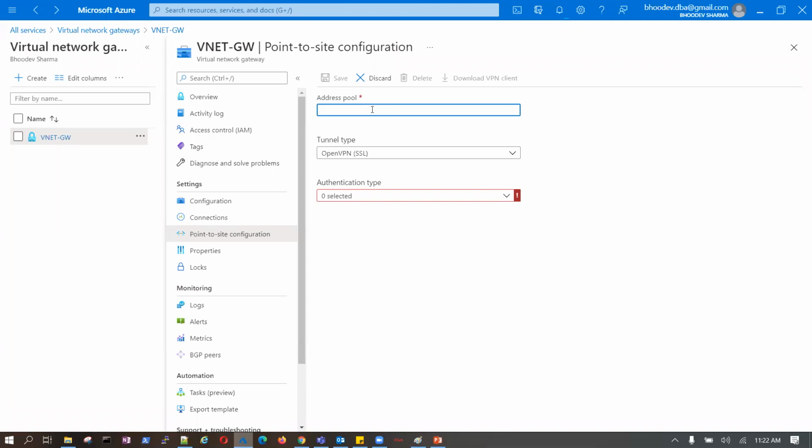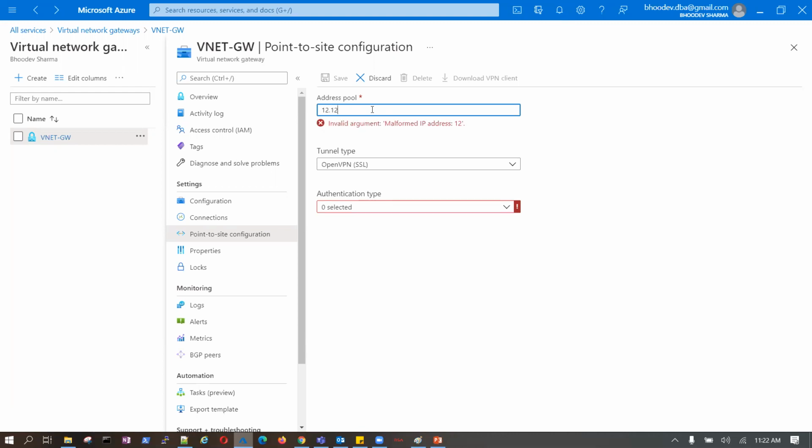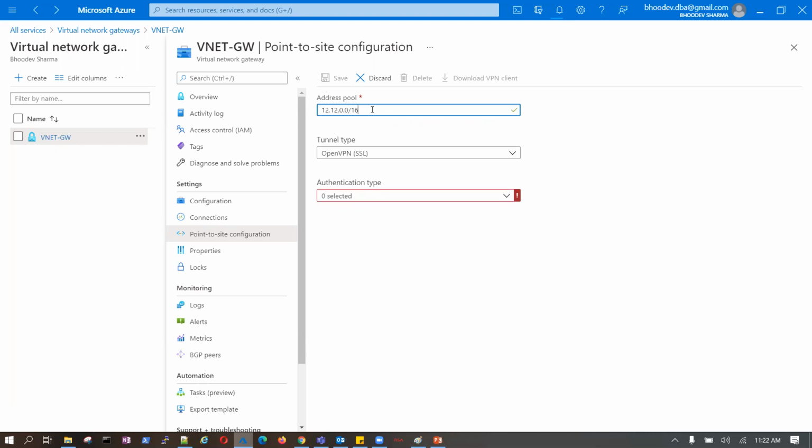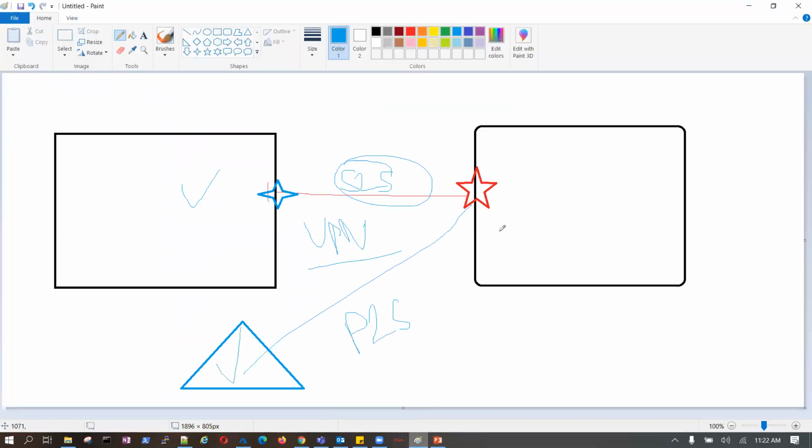So based on the address pool point to site, we can connect, let's say 12.12.0.0/16. This address we should know. Okay, what will be the address pool? This cannot be done having only one side's information, either this or this.